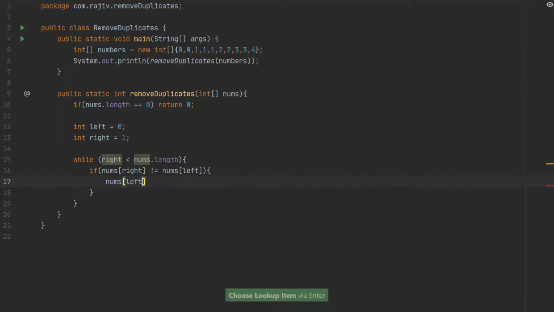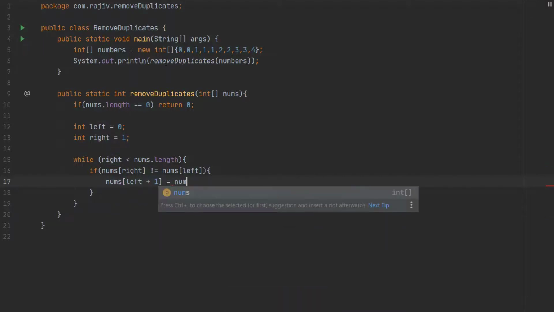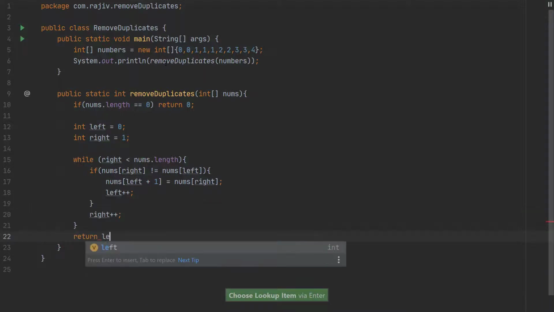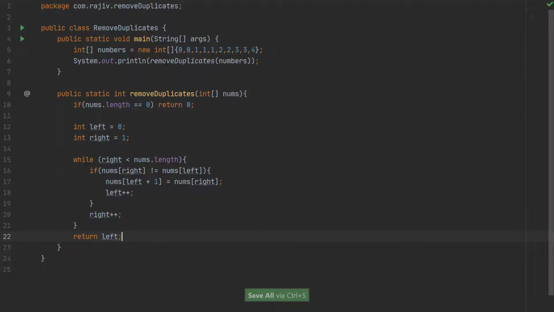That's why we are going to put into the left plus 1 index the value of the number at the right index. And as we have found it, the left index needs to be increased, and the right index needs to be increased no matter what, even if you don't find it. And finally we're going to return the left,